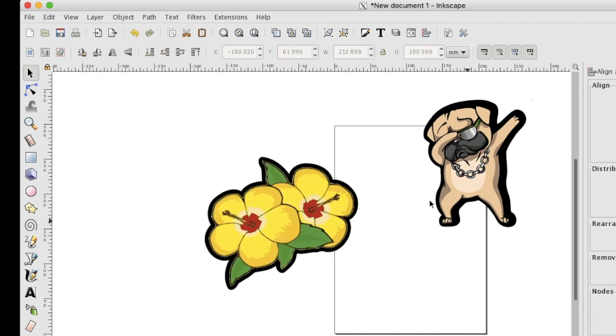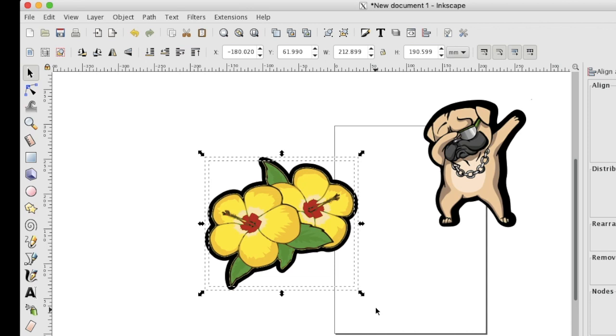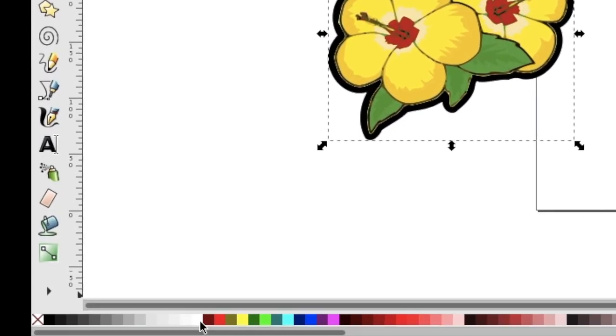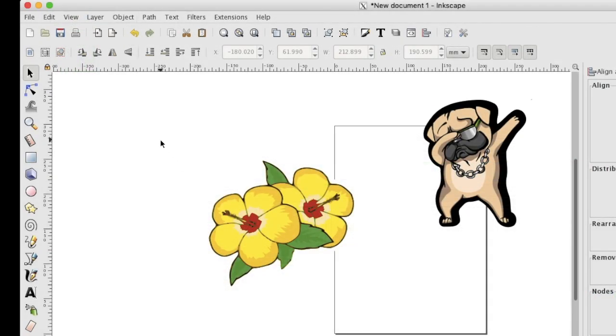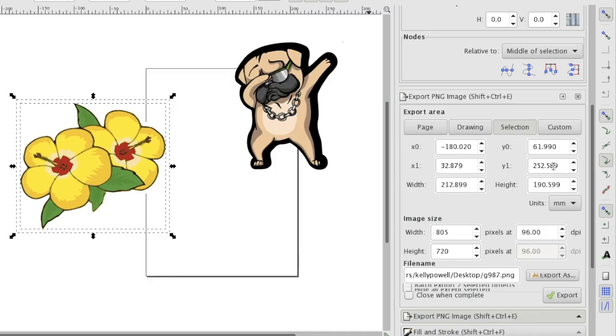So now what I want to do is I want to select both of those again because they're aligned. Oh wait, I want to make my background white. I don't know if I have my background. No, there's the background. I'm going to hit white. I know you can't see it, but it's there. And I'm going to select them again. I'm going to go up to File. Going to do Export. Go back over here to the right hand side panel